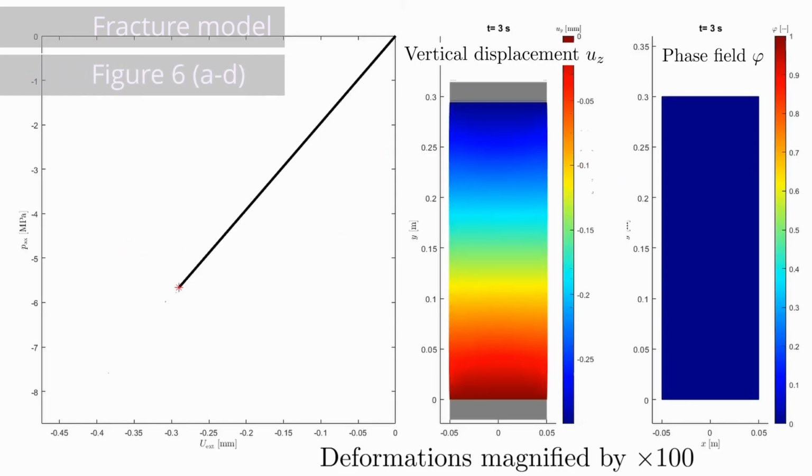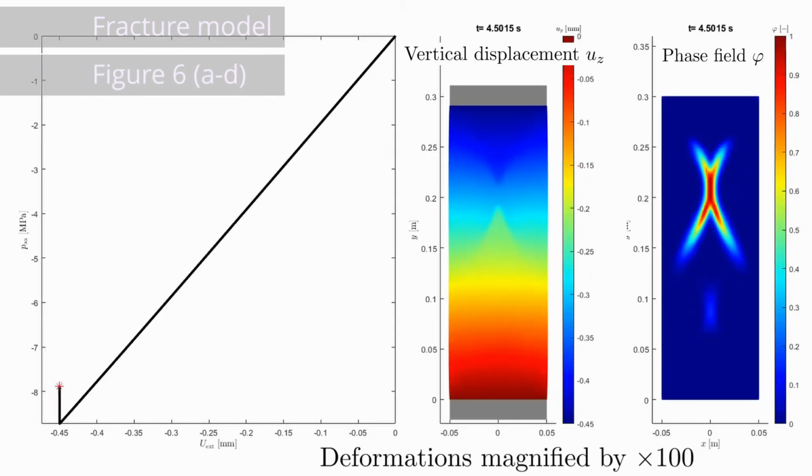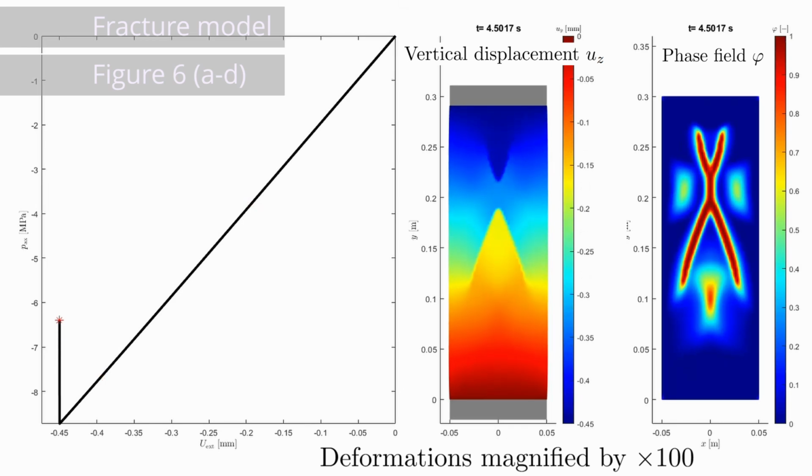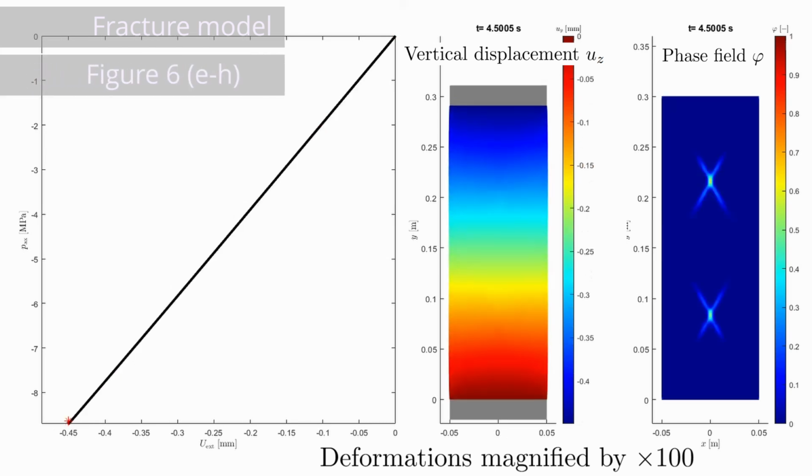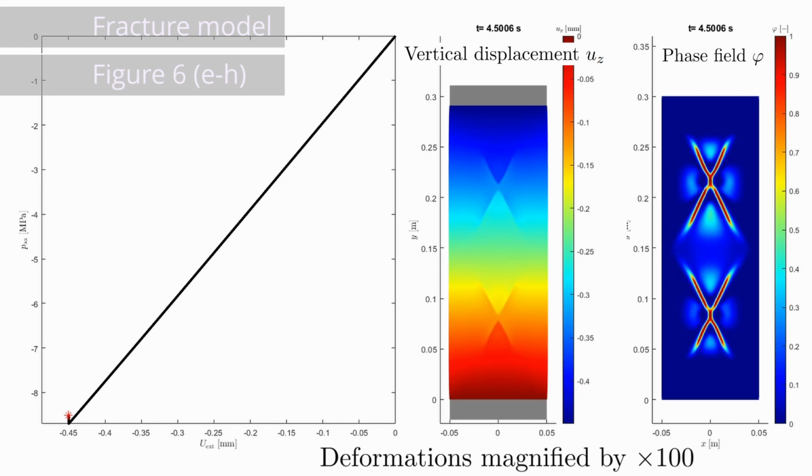When applied to compression tests with no confining pressure, cracks form in the center of the sample before branching outwards. Subsequent cracks form parallel to these first cracks, develop several crack branches, and eventually link to other cracks resulting in failure. As we are keeping the tensile strength constant between cases, changes in phase field length scale also change the